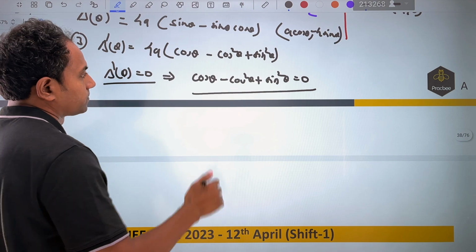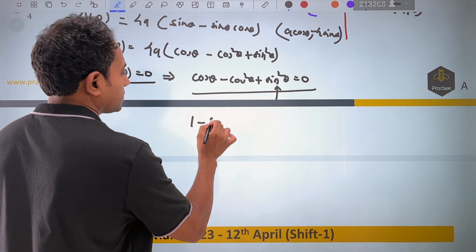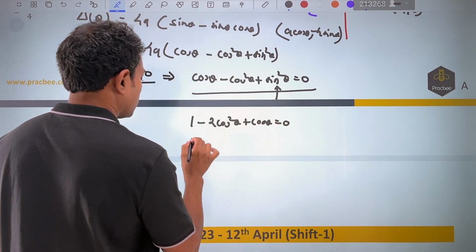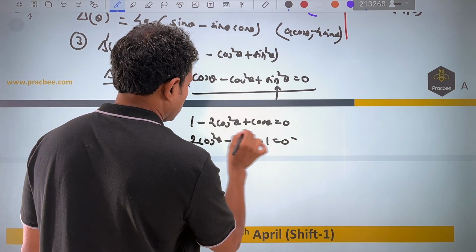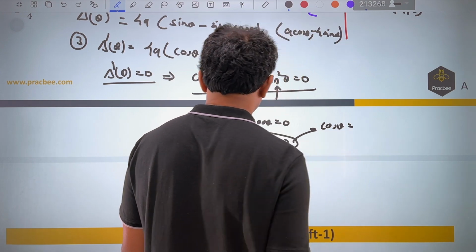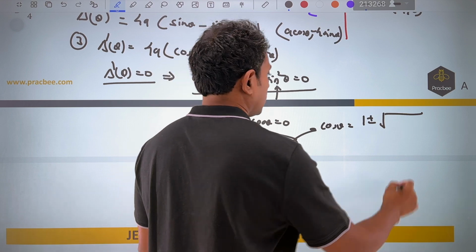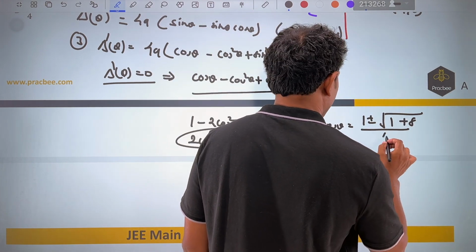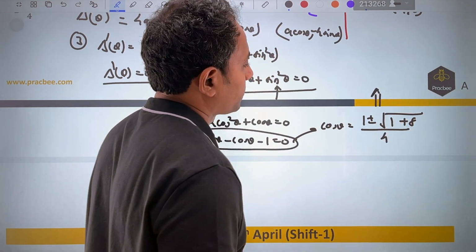For solving this, I can write sin square theta as 1 minus cos square theta. So it will become 1 minus 2 cos square theta plus cos theta is equal to 0, or 2 cos square theta minus cos theta minus 1 is equal to 0. Now if I solve this equation, let us see what do we get. So cos theta from quadratic comes out to be 1 plus minus root of b square minus 4ac, which will become nothing but plus 8, by 2a, that will become 4. So if I simplify this, you can see that this will become 3. So 1 plus minus